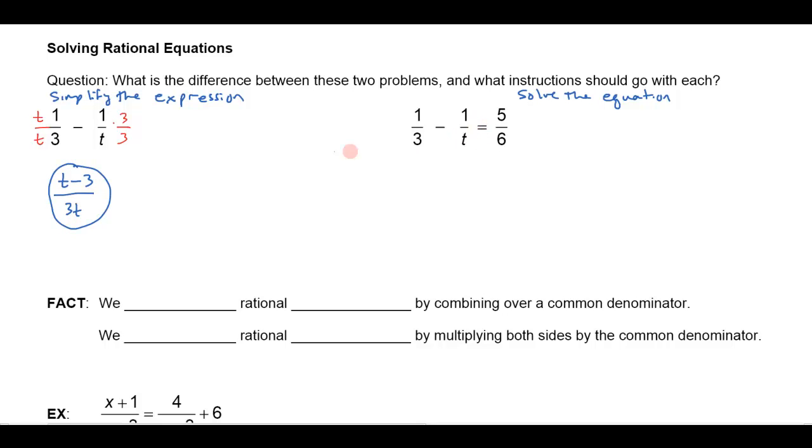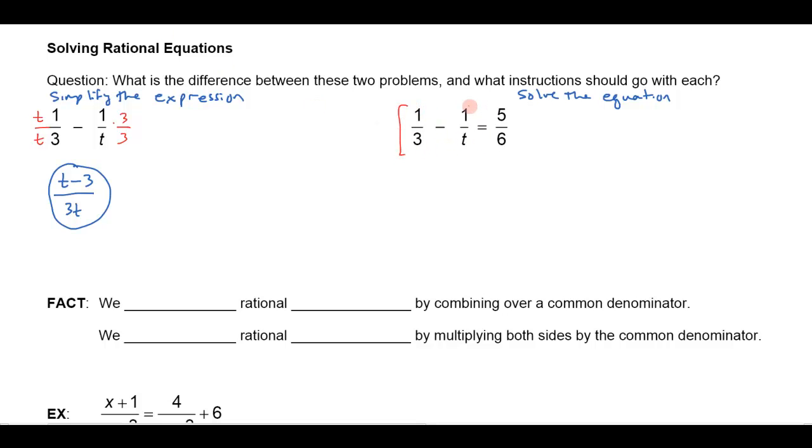Now here, this is different. Notice I still got a 1 over 3 minus a 1 over t, but now it's equal to 5/6. This is an equation I want to solve. And when I go to solve this, I still need a common denominator, but I'm going to do something different with it. Rather than getting the common denominator and putting these all together, I want to multiply both sides by